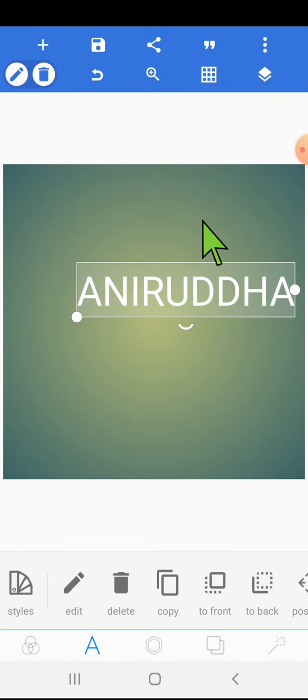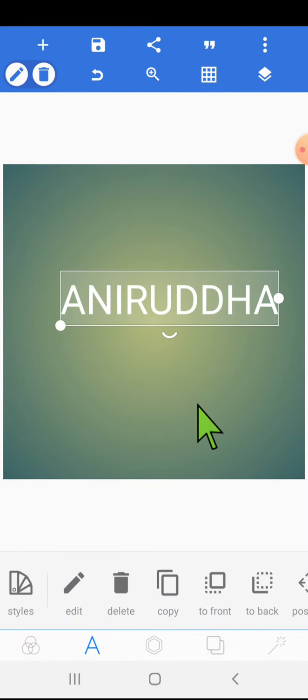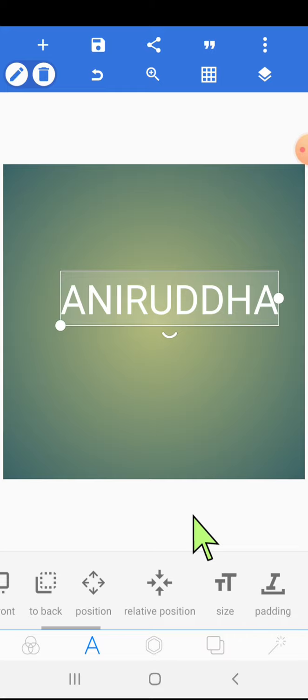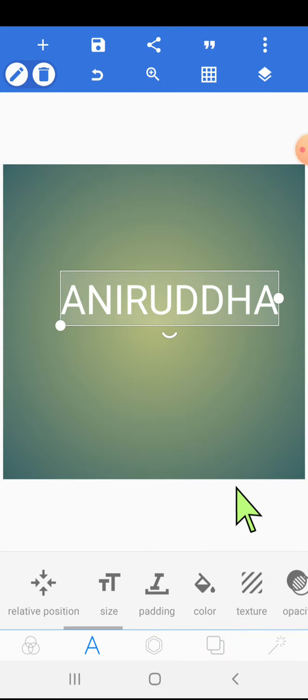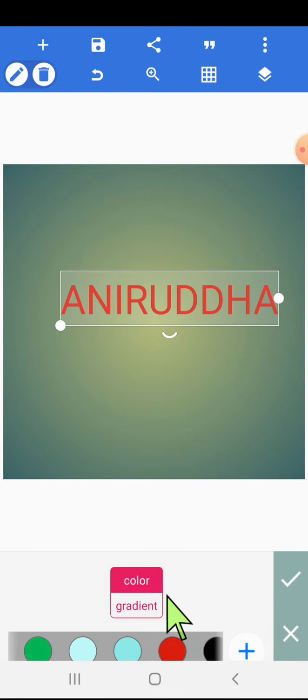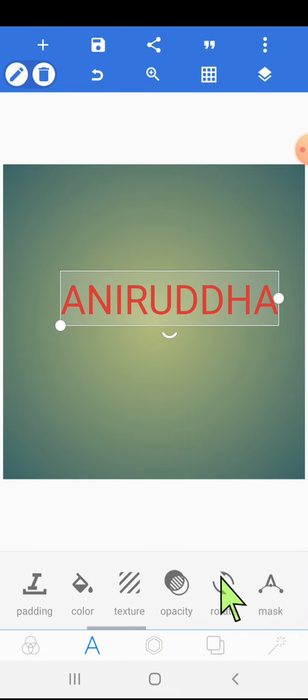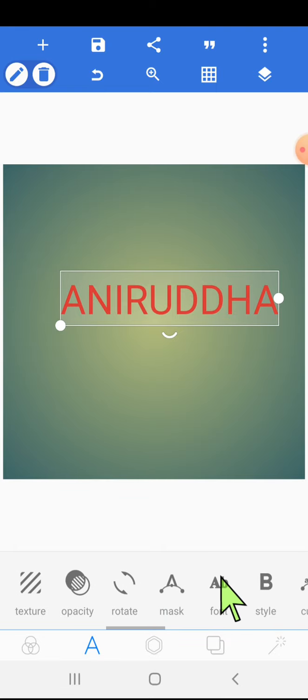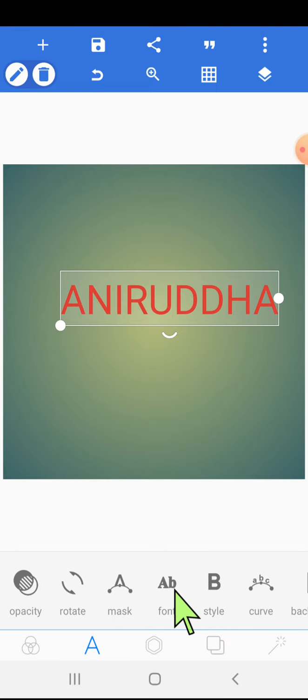Okay. Now we will apply some styles to this text. Like we will change color. Okay. We will change the font.